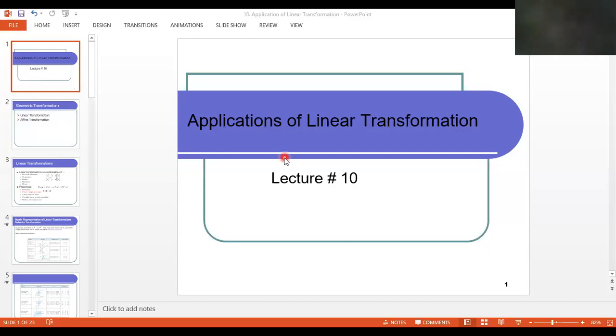Today, our topic is linear transformations, and we will discuss the geometrical interpretation of linear transformation. It can be represented by 2 by 2 matrices or 3 by 3 elementary matrices. Dear students, linear transformation plays an important role in computer graphics, computer vision, cryptography, and many other digital medium-based applications. So before